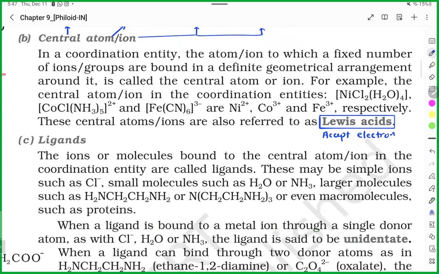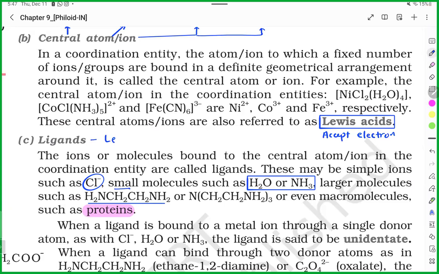What are ligands? Inside the coordination entity, whatever is attached to the central metal atom is known as ligand. It could be simple, like chlorine. It could be small, like water and ammonia. It could be big, like this, which we will discuss. And it could be a macromolecule, like a protein could also be a ligand. What is the role of ligand? Donate electrons. Because they donate electrons, they will be Lewis